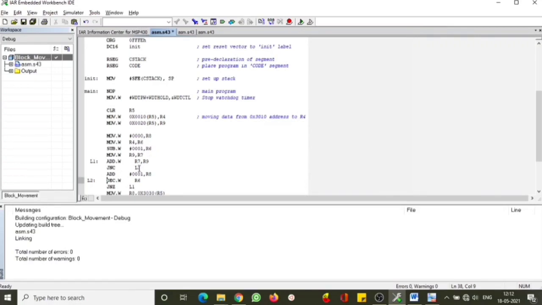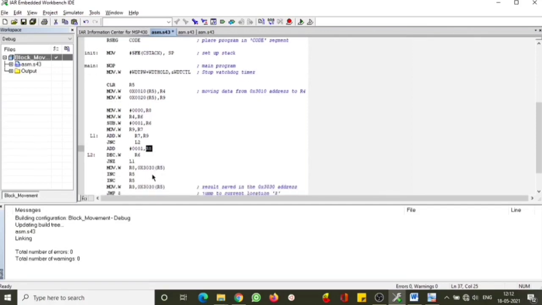If there is a carry, then it will increment R8, which counts how many carries are generated. When you are adding, the highest amount of carry that you would get is 1 only, right? So we get the count of carries in R8. Then it will come down, R6 will be reduced, and it will check whether it is not 0.